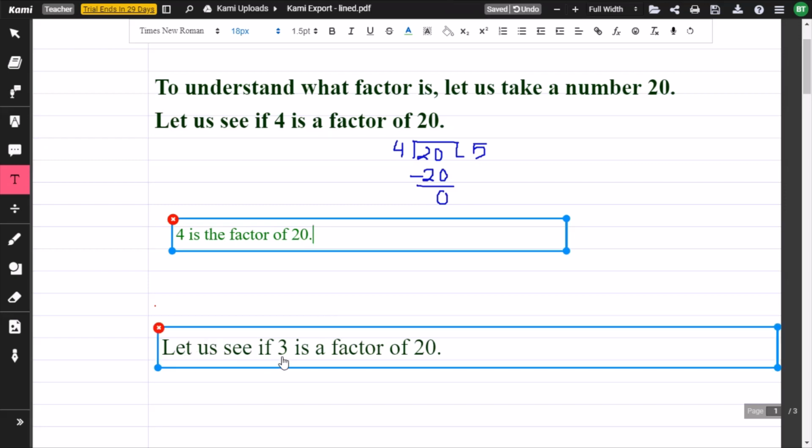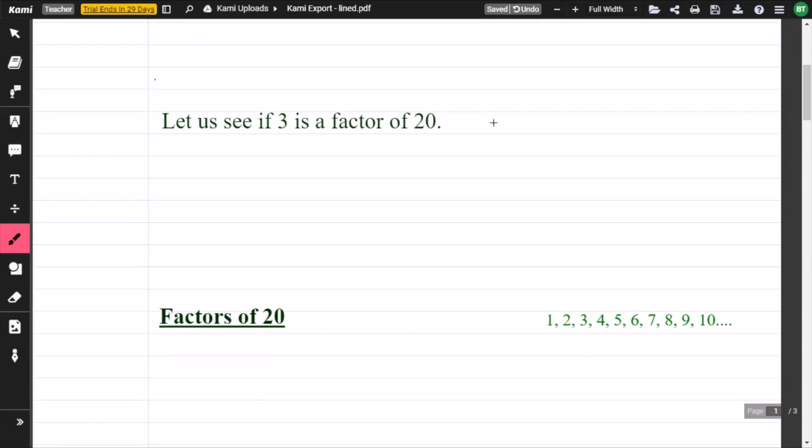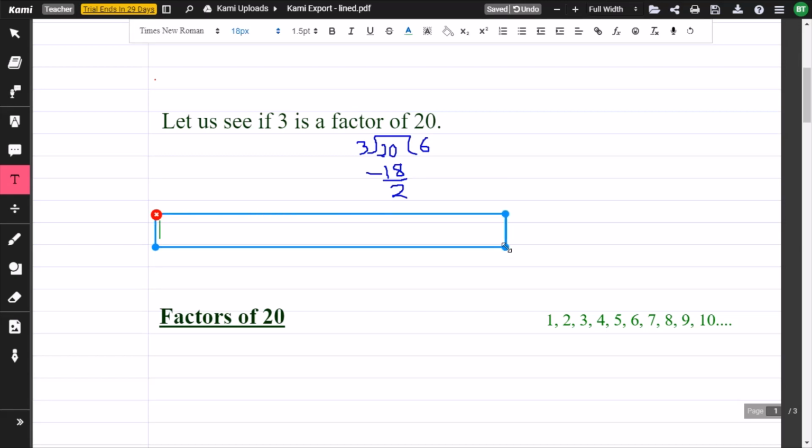Now let us see another example. Now let's try to see if 3 is a factor of 20. To know whether 3 is a factor of 20, we must divide 20 by 3. When we divide 20 by 3, we do 3 times 6. 3 times 6 gives 18. And when we subtract 18 from 20, we get remainder 2. So in this division, 20 is not divisible by 3 because we are not getting 0 as remainder. So it means 3 is not a factor of 20. So what we write here, 3 is not the factor